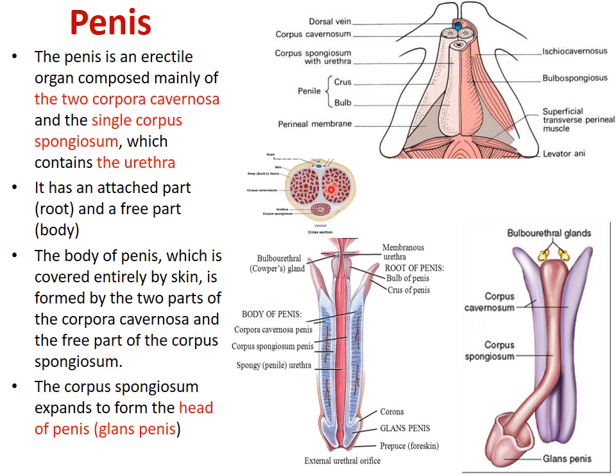So the two corpora cavernosum are balloon-like. The corpus spongiosum is more spongy, central and single. The corpus spongiosum expands to form the head of the penis, the glans penis. So the head of the penis is actually the expanded part of the single central corpus spongiosum, right? That is the bulb of the